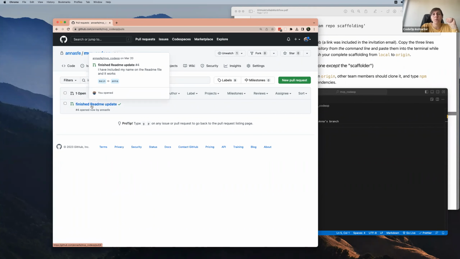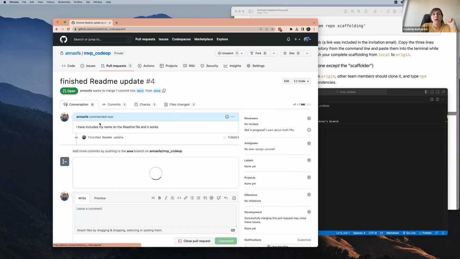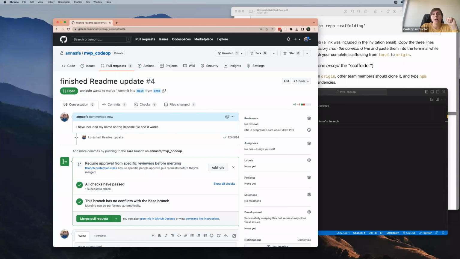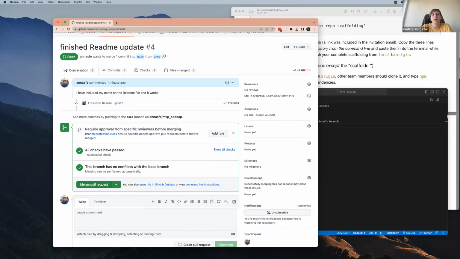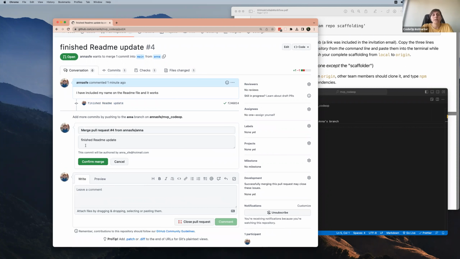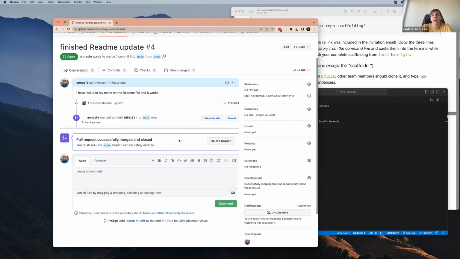There is a pull request open. I can click it. Here there is some explanation of what she has done, like which file she has modified and what is exactly the change that she's introducing. And here we can see if there are any conflicts or if everything is okay and it can be merged. In this case, it's a very simple case, and I can simply merge, confirm merge, and then this is successfully merged to